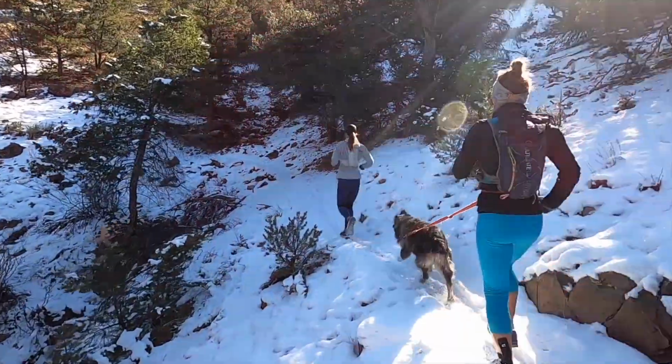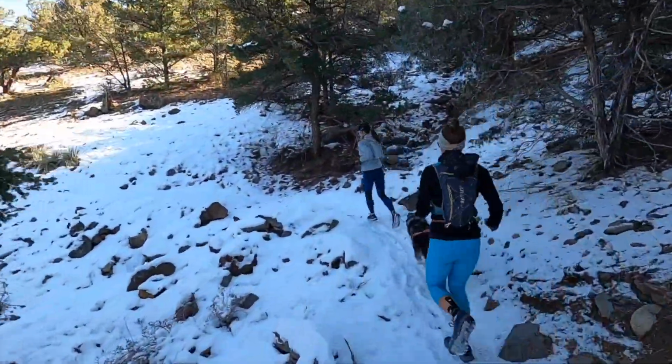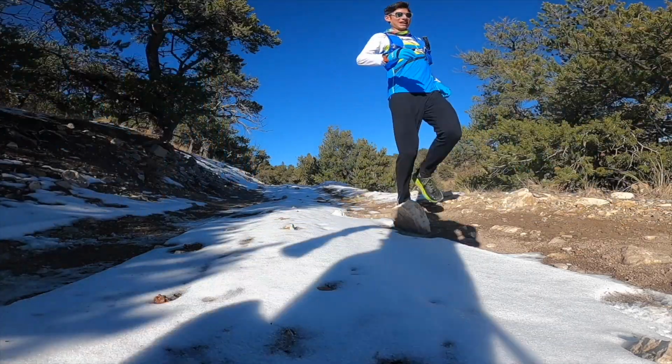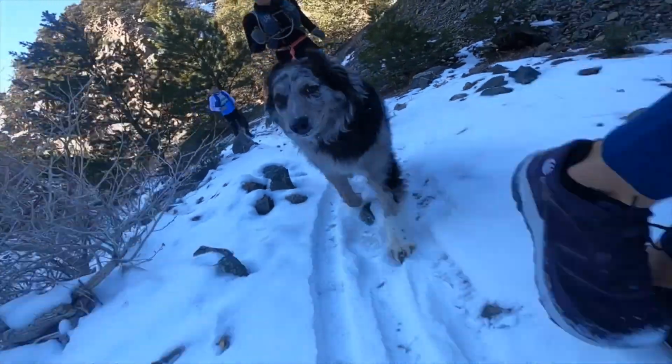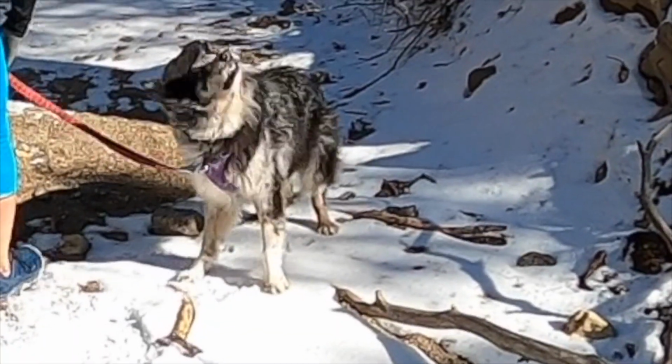Another thing I want to touch on is a lot of people associate the aerobic base phase with building up your mileage. That's true for most people. However, I know there's a couple of people who live in very cold climates or just don't like the dark days of winter. And so it's hard to build up your mileage when you live in a place where you're just not seeing the sun or it's pretty cold. So, just staying consistent with easy mileage is going to help you when things warm up later on in late winter or the